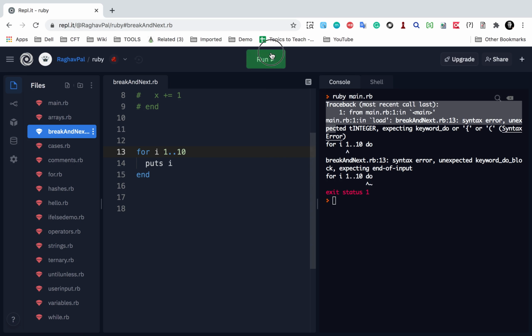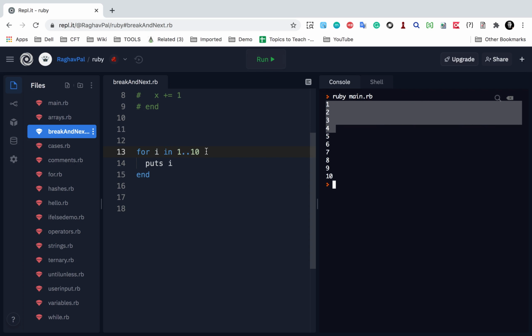I think we do not use this here. Let me check. There was an error. Okay, this should be I in. I am kind of forgetting the syntax. Yeah, it is for I in this range, then I am printing the value of I, which prints from 1